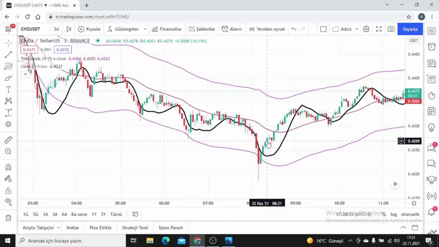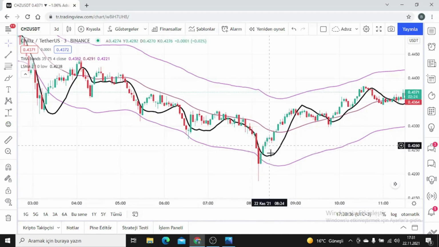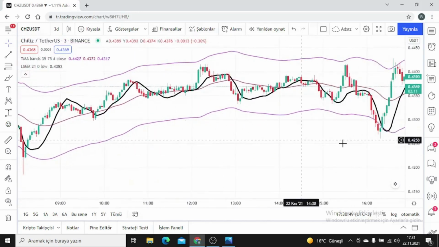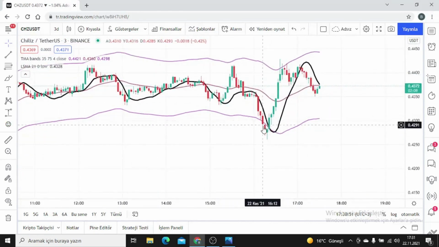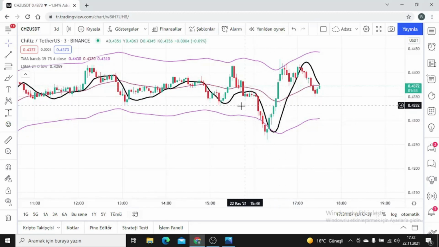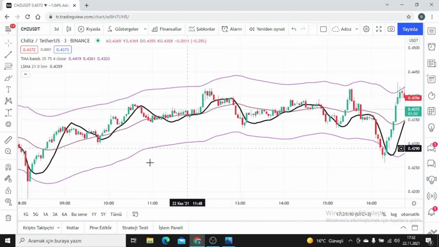Let me give you a tip, guys. You can take your profit on this candle with this width when the price suddenly crosses upwards with the movements and the LSMA area clearly moves away from the candles. As you can see in this candle, when you see that it expands, we can predict that the price will rise and the price will rise excessively. In fact, let me show you the closest example of this here, just like here. After the third candle, the SMA opens further back and follows the price from afar and expands, friends. And here we can predict that the price will rise even higher.